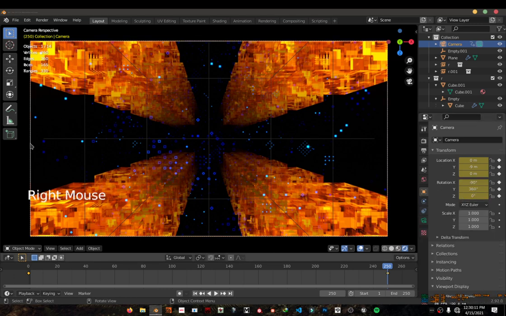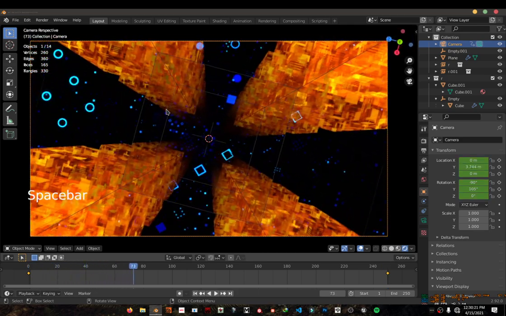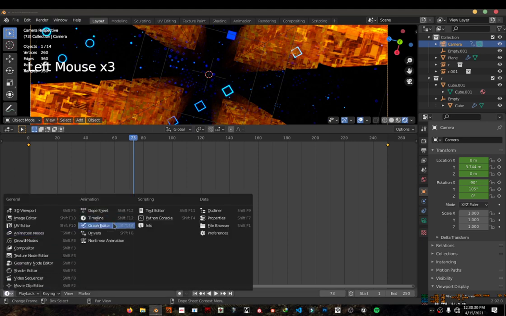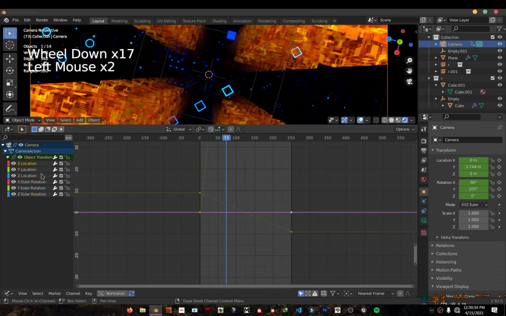It would make a full rotation and get back to the initial position it was, so it again will loop like that. Okay, now for the jitter effect, what I did was I simply opened up the graph editor, expanded object transform. In X location,